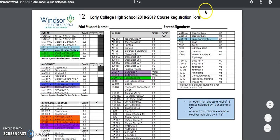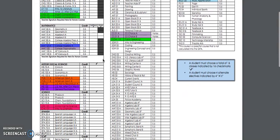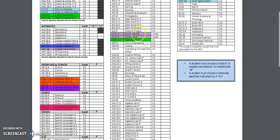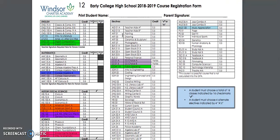Take a quick peek at the senior form. Even more options. As always, if it's in color, it is an Ames course. You guys have the option for the concurrent enrollment choice as well. So again, this is part 1 of registration. You're going to look through the courses that are offered, choose the 16 that you want next year. And